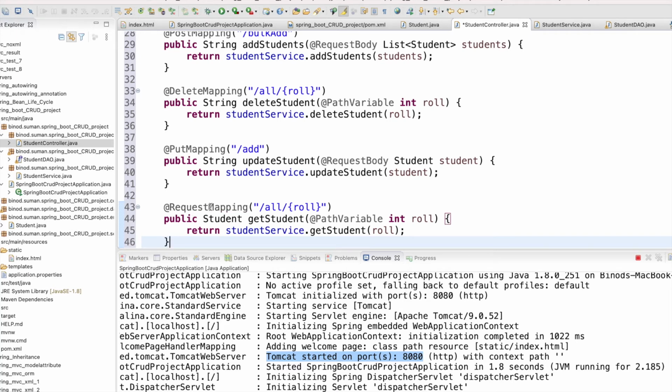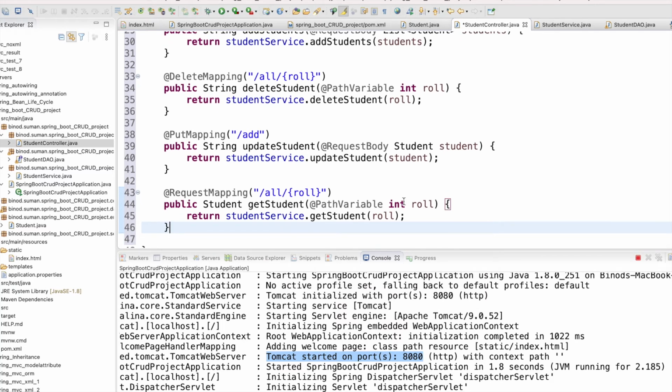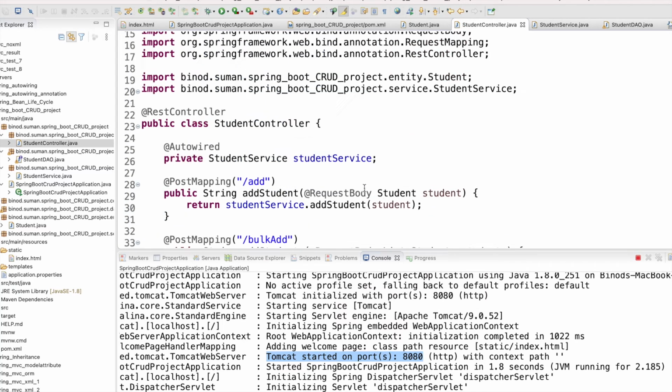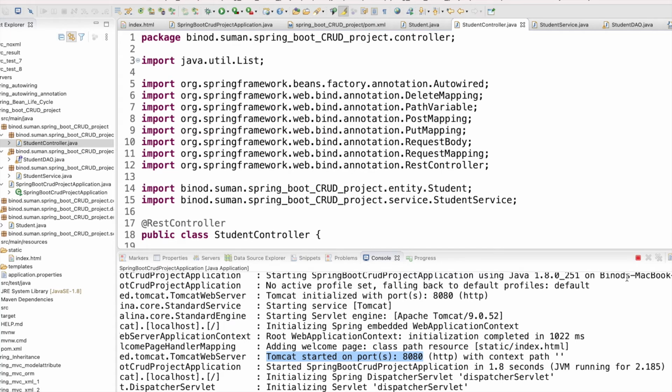As you know, by default you can put either the request mapping or the get mapping, no problem. Now everything is done, so it is time for testing.